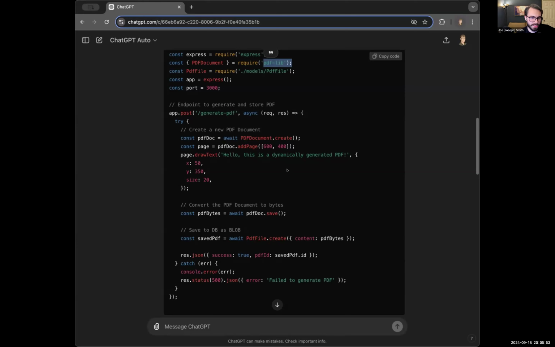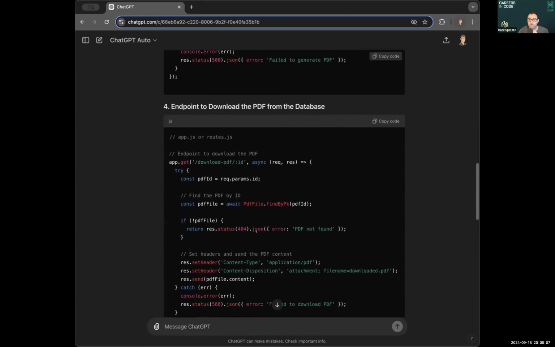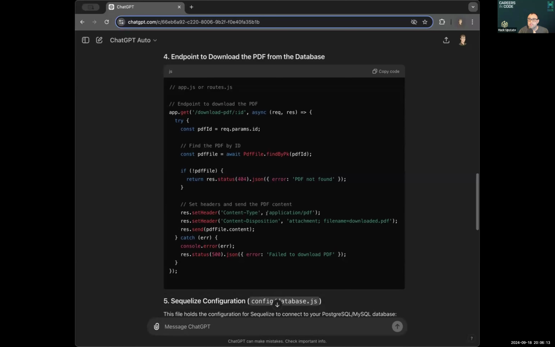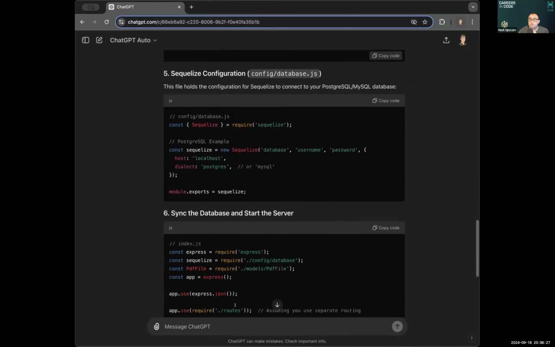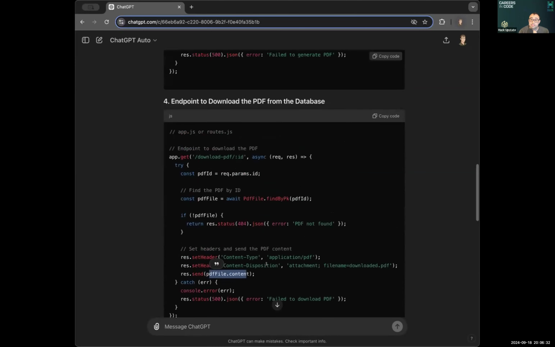Okay. This doesn't seem too bad. Save it, get the bytes, create the PDF file based off of the bytes. Oh, yeah. Okay, so that's what's saving it into the database. This is where it gets tricky, though. Get the file, set it as application PDF, set it as download, which is what we covered, and then just send the content of whatever got downloaded. So that isn't as bad as I thought. And then the rest of that should be good to go. Yeah, so this isn't terrible.